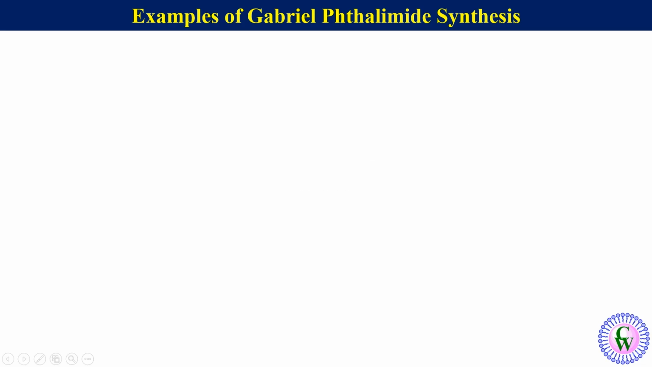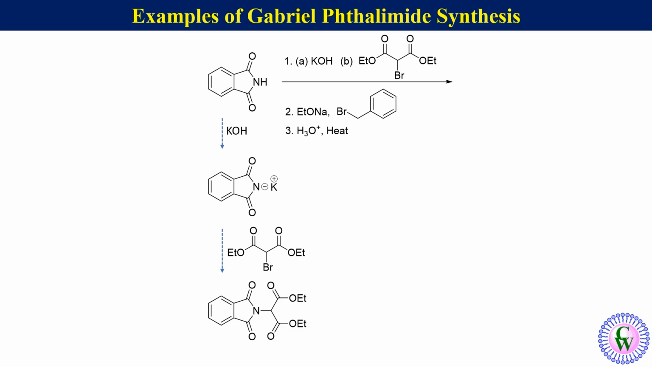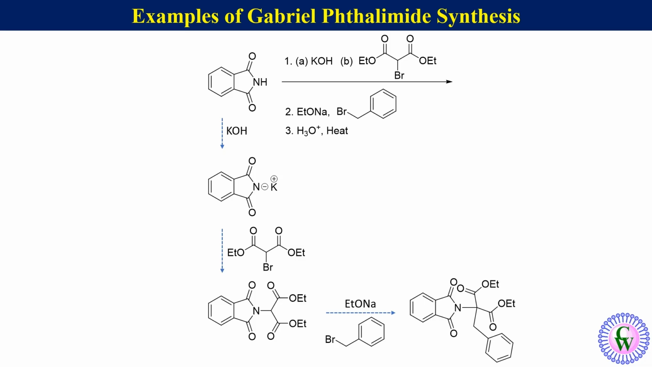phthalic acid as the side product. Another example. Here we have to predict the structure of main product. Reaction of phthalimide with potassium hydroxide will give potassium phthalimide, which will react with bromodiethyl malonate to produce N-alkyl phthalimide. It will react with benzyl bromide in the presence of sodium ethoxide to produce this intermediate, which after phthalimide deprotection